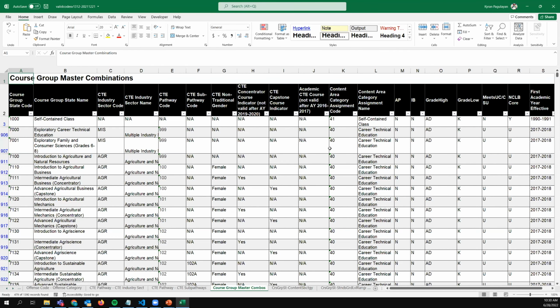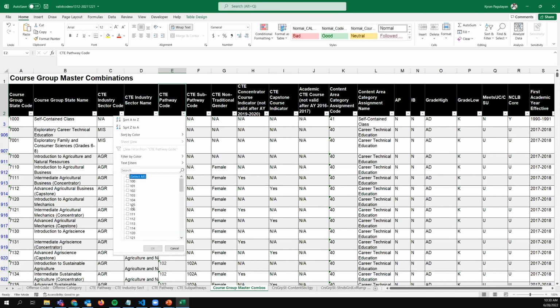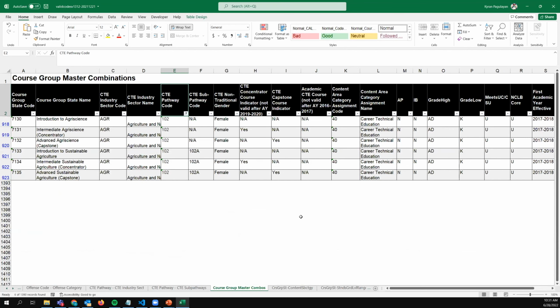Then you have all of these courses, including your CTE courses here. Let's say we have a state course code 102. So you have here the CTE pathway,